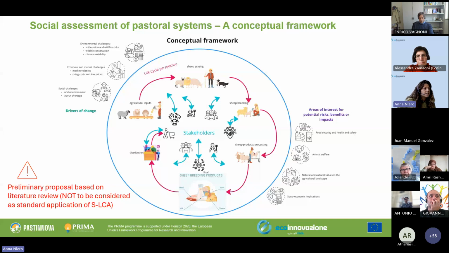In this sense, we identified four main areas, which of course entail many other aspects and details. They are related to food security and health and safety, so basically the characteristics also in terms of nutritional values and biochemical composition of the final products as consumed by